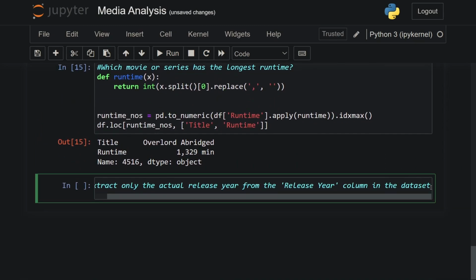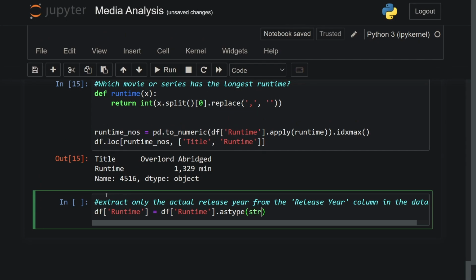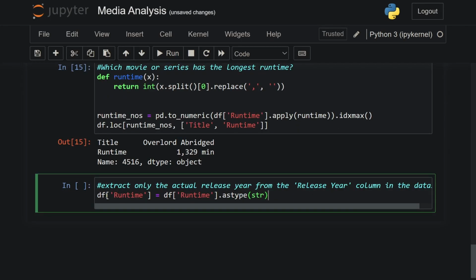So to do this, rather than using the apply function this time, I'm going to use regular expressions. If you haven't heard of it, I recommend you learn that. It is a really powerful tool to extract any data using patterns. But for the sake of this video, I will be explaining the pattern that I'm using. So the updated runtime will be the original runtime, and then I will convert this to str,